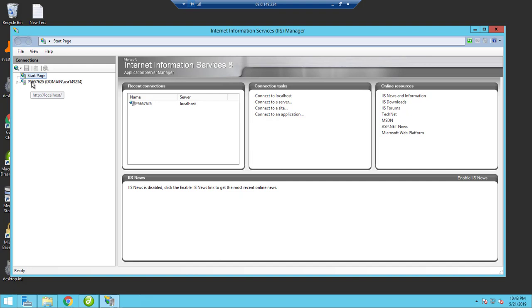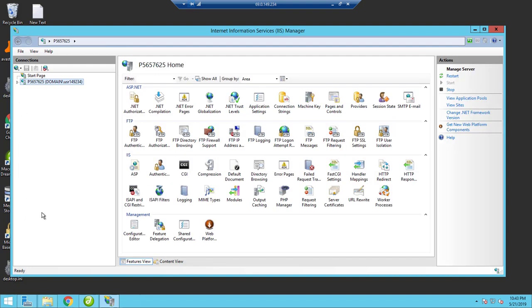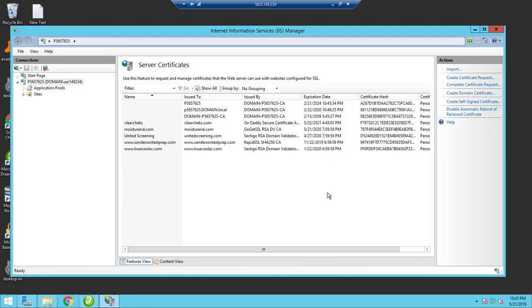We're going to click on the host information in the left panel, and inside here we're going to double click on Server Certificates. So I have a few SSLs in there now. The next step is we're going to create